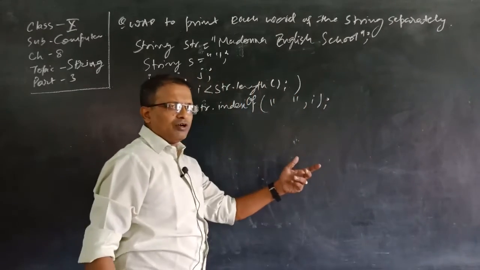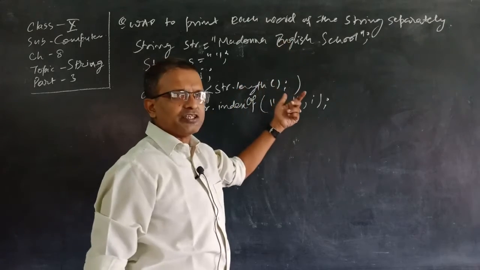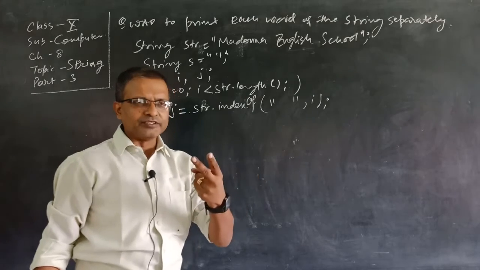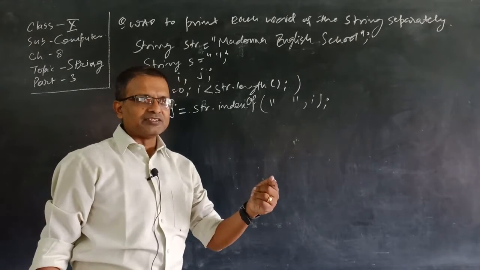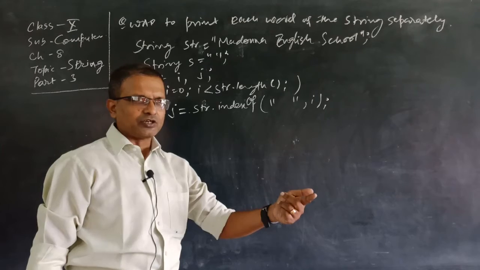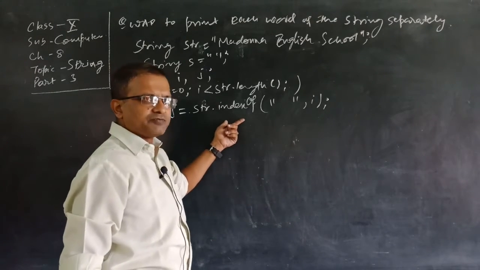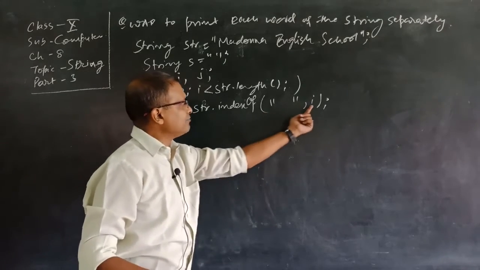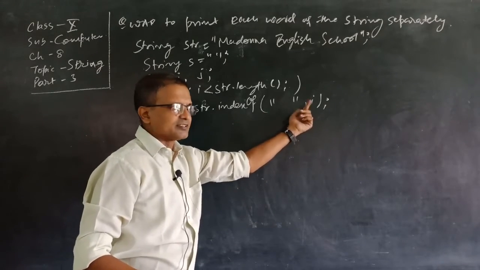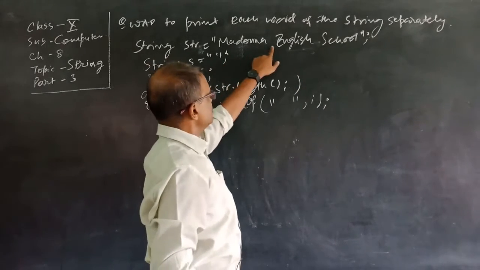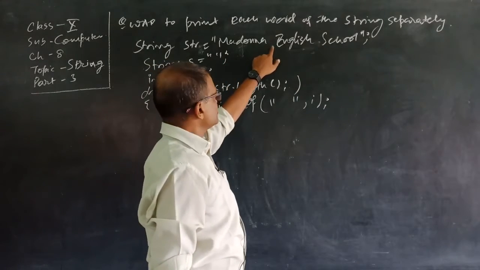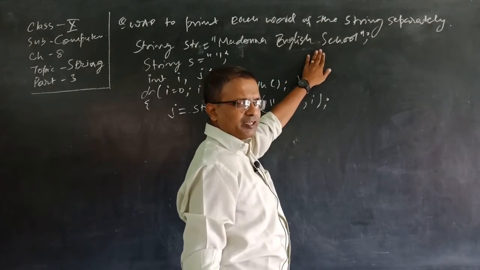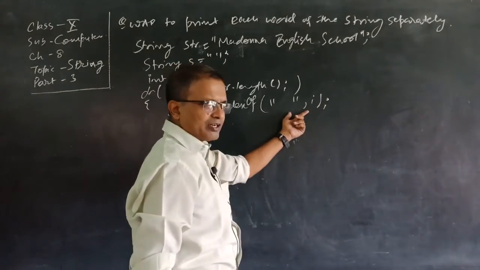In the previous video, I let you know what the use of indexOf is and how it is used. I told you that indexOf is used in two ways. First is the single parameterized indexOf, and the second is the two parameterized indexOf. Two parameterized indexOf, what does this function do? This function searches for the first occurrence of the string after the given index. So we don't have to search only the first occurrence of the space. We also have to search the next occurrence of the space. That's why we have used the two parameterized function.